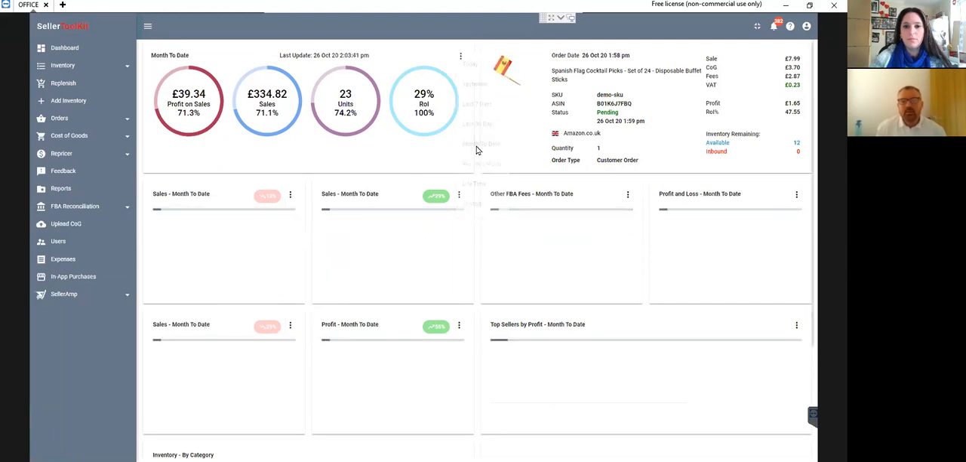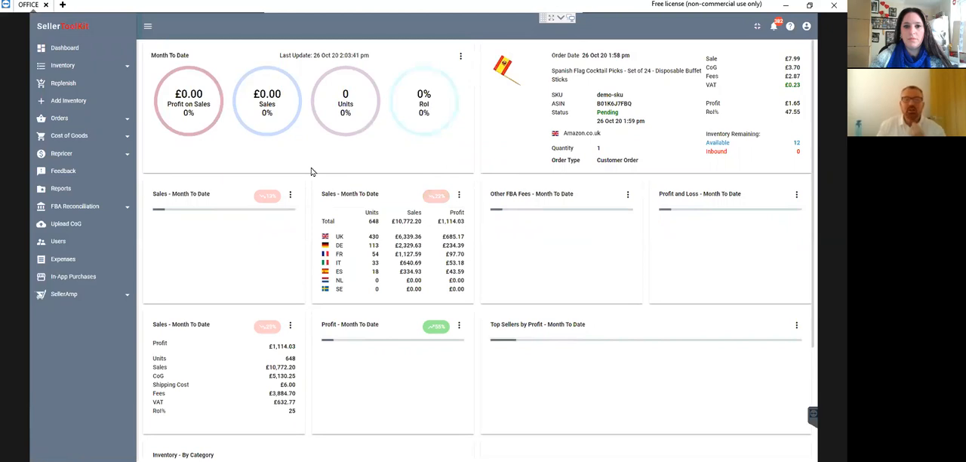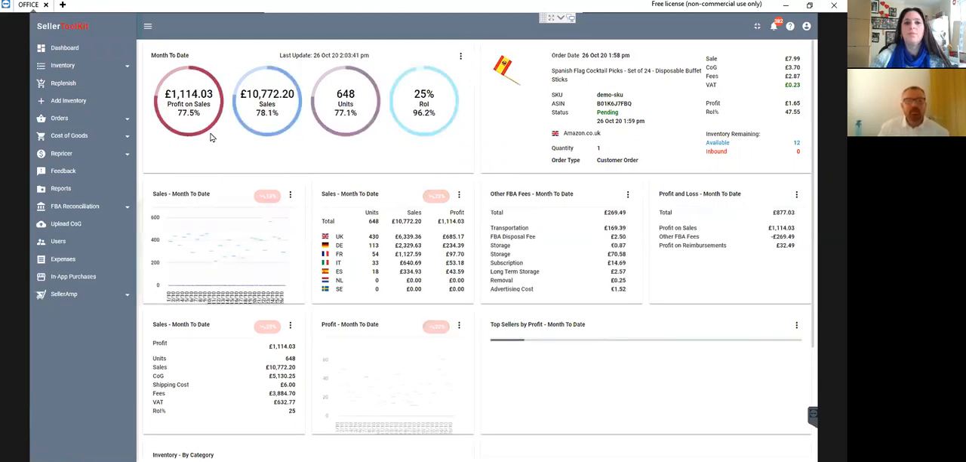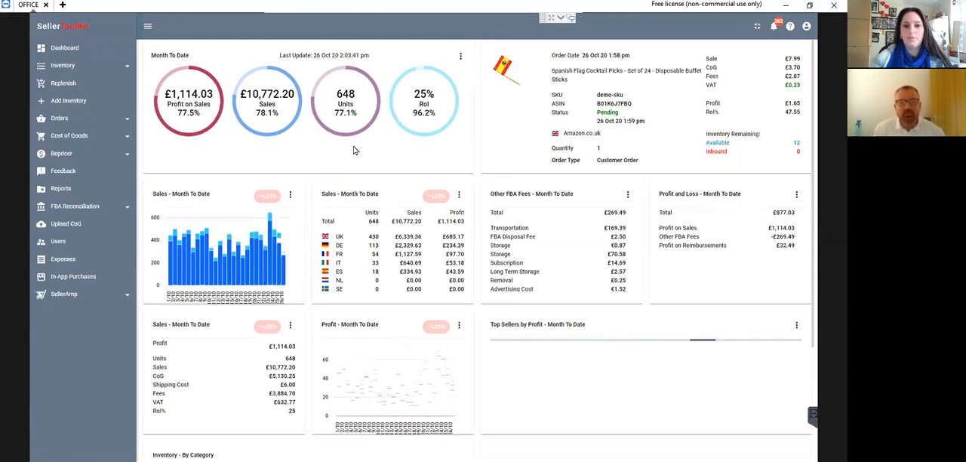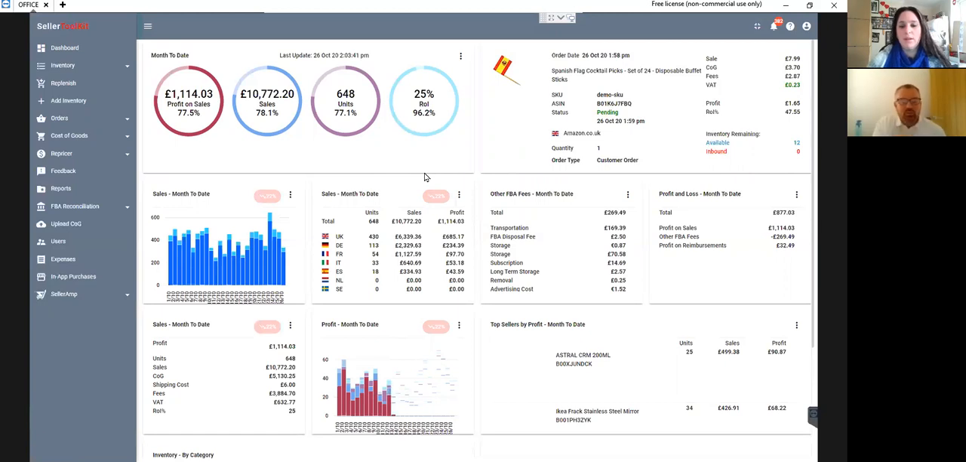Month to date there. What you're going to see now is a comparison. Now it's a bit slow because we're using the test server right here. This is not a live account. It's probably a bit too slow actually. What you see there is